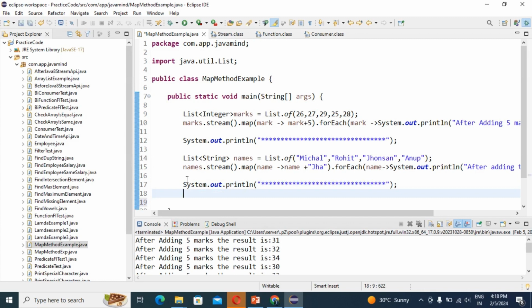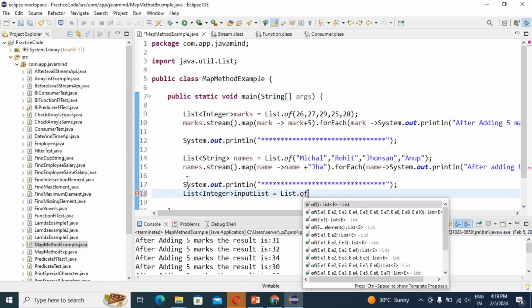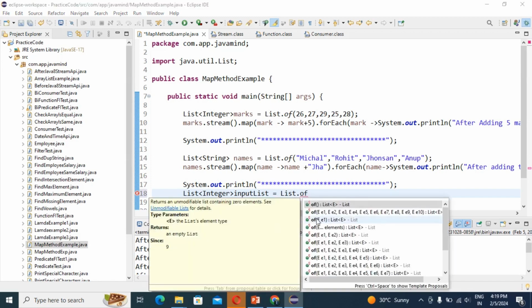So for a list of integers, I'm writing one piece of code. Okay, so I'm taking a list of integer here. Input list equals what can I write here? We have the List.of method. In that list we are going to write some numbers, just like 1, 2, 3, 4,